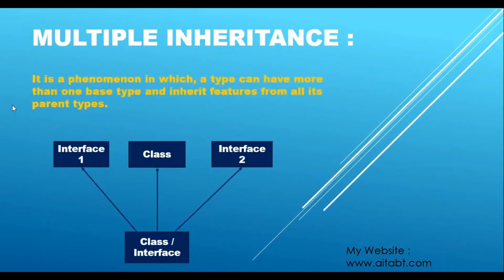Now as you have understood what is multiple inheritance, again I have told you one thing: a class can only inherit from one base class, but it can inherit from more than one interface, and that's what I have shown you just now. But again, an interface can inherit from two or more interfaces, but it cannot inherit from another class. Okay, so let's just see that.